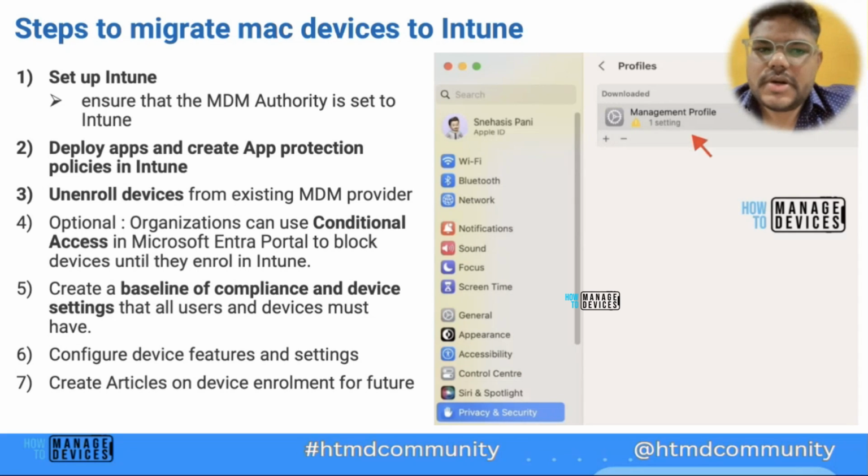If the device is already enrolled, you'll see the MDM profile, and if you double click or secondary click on that, you can see which MDM solution your device is being managed by. And as I said, two MDM profiles can't be installed on the device at a time. So we need to first unenroll the device from the existing one, and then we can enroll using the new